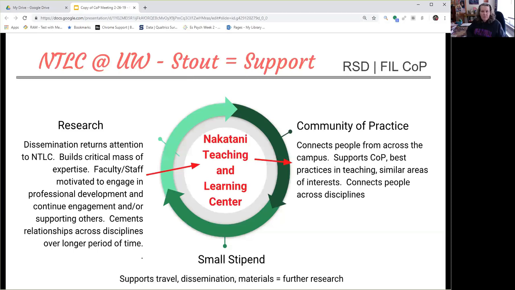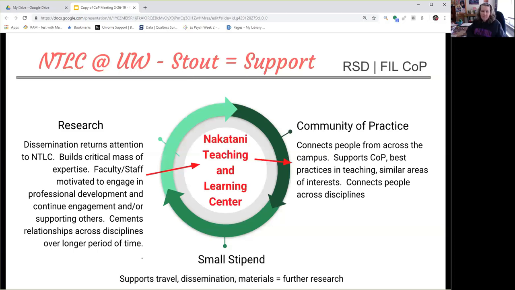Then she asks us to present on campus as well as at some statewide conferences. So then we're disseminating under the auspices of the NTLC. So that supports the NTLC. She's asked us to do presentations at new faculty workshops, etc. And so that informs more people to become involved and to connect with the community of practice, and the cycle starts again. So that's an example that I can give you from Stout. And it's basically connected me with people I feel comfortable going to.